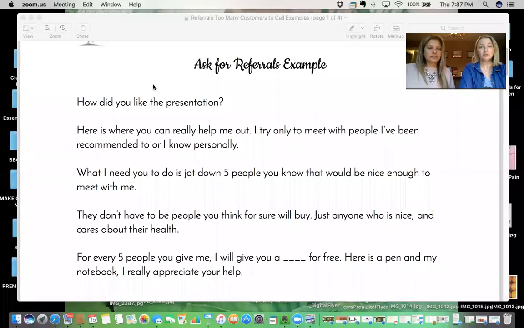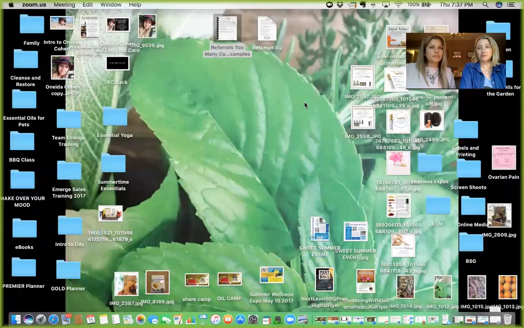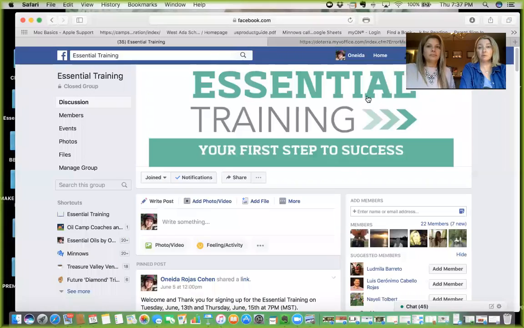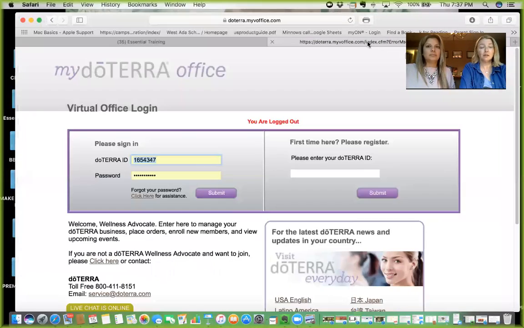Definitely. So let's review the LRP process, the loyalty rewards or monthly order, okay? And for that, you have to go to your page 5. So I will go ahead and, are we going to do this on my back office? Okay, so instead of showing you what the actual training book says, we're just going to go ahead and create one for you. We know that it's in your book, but we want to go over this for you like you're really in your back office. So that'll really show you how to do it, because it's very important in this business. It's one of the prerequisites for doing the business with doTERRA.